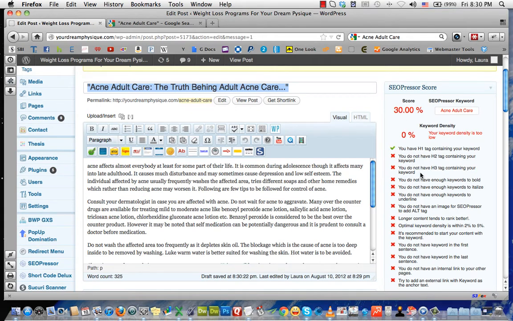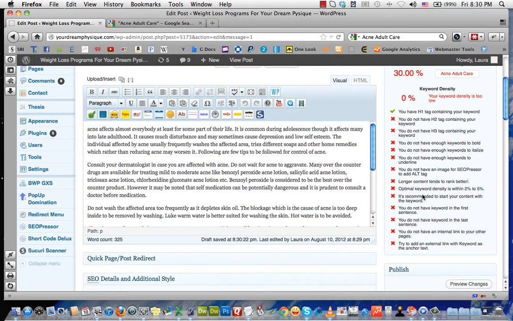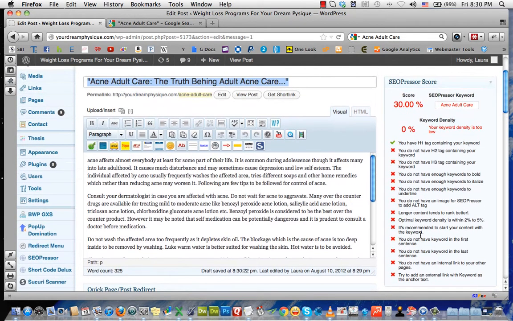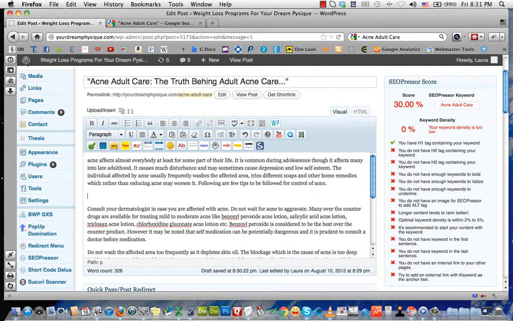I want to let you know, you don't need to have both of these. There's all this criteria, and you can get most of them and still get 90%. In the case of the H2 and the H3 tag, all you really need to do is get one of them addressed. So I want to let you know how I do that. The way I do that is I break up the text into sections. So I press enter there and I type in the keyword,